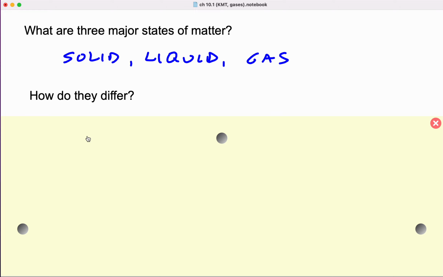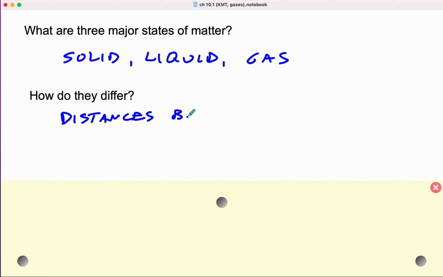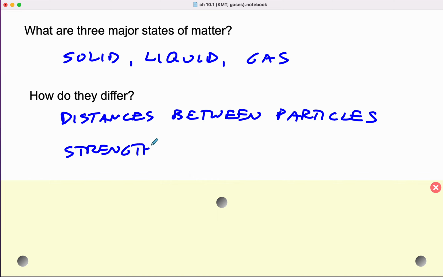differ from one another. Well, if you think about 3 different samples of matter, one is a solid, one is a liquid, one is a gas, and they are all at the same temperature and pressure, then they differ from one another based on the distances between the particles that make up that particular sample of matter. And that, in turn, is based on the strength of interparticle